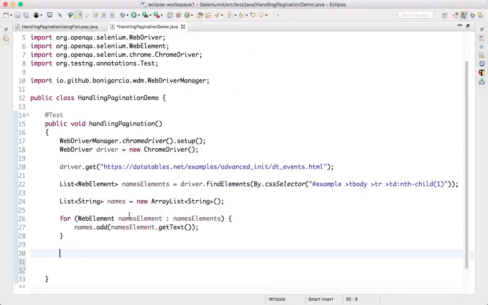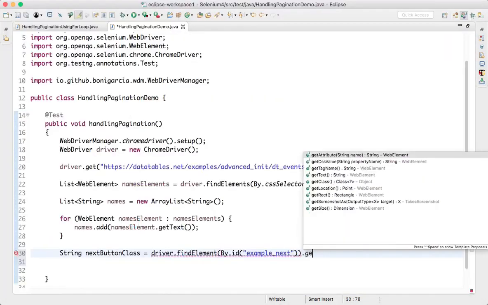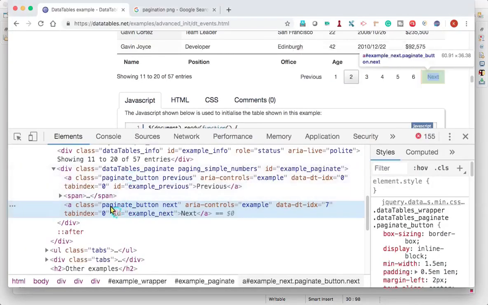So first I'll create a string, next button class, equal to driver dot find element by dot id. I'll provide the id here, and this is the class attribute, right? So I'll use dot get attribute, and that is the class attribute. Now I got this class pagination next, and if you have disabled, that will also come.